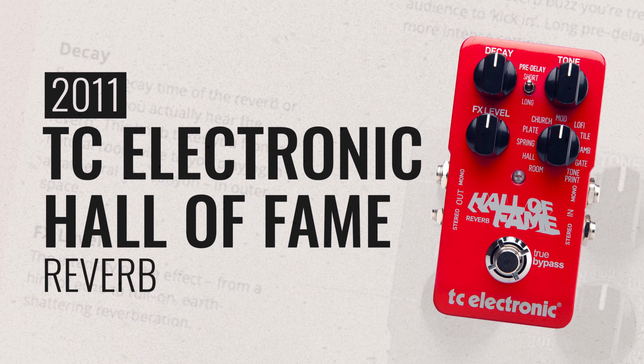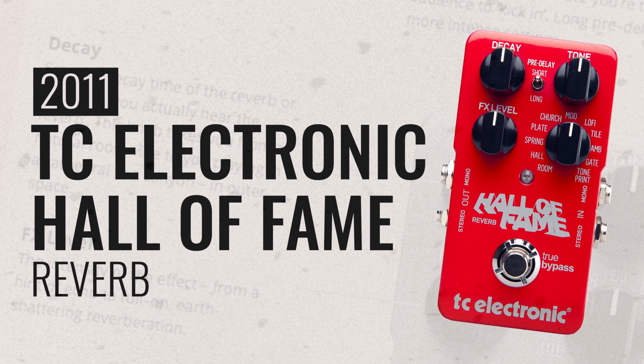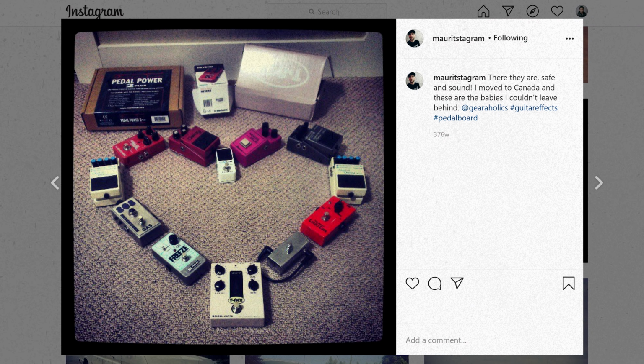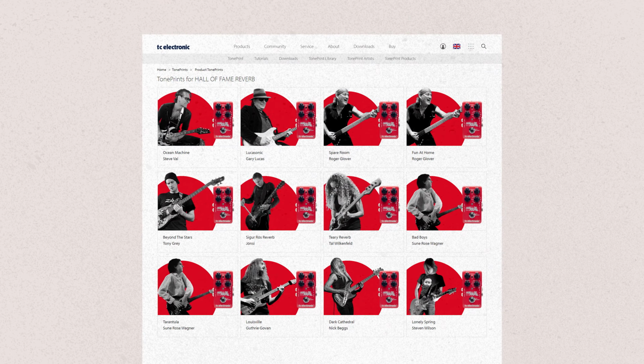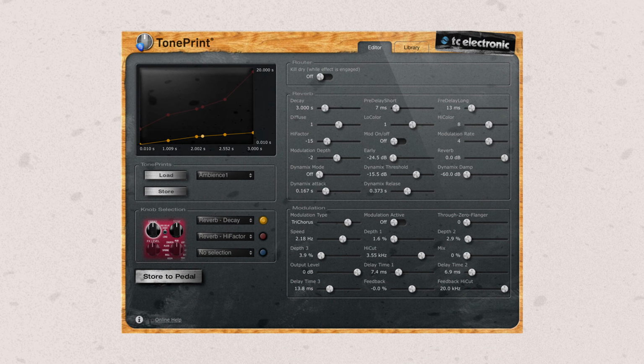So here's the first version of the TC Electronic Hall of Fame. This is the pedal that made me sell my Boss RV5 back in the day. I moved to Canada and didn't want to bring much gear. It was a tough decision, but the cool thing about this Hall of Fame is that you can upload TonePrints, which are unique presets created by TC or certain artists. Later, they even made it possible for you to create your own custom presets